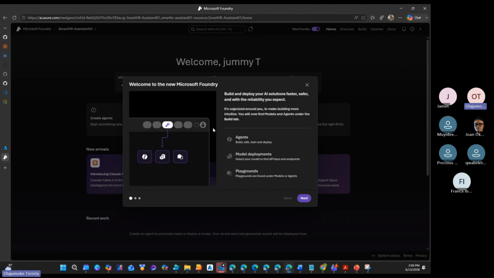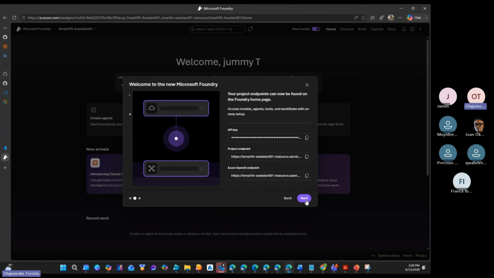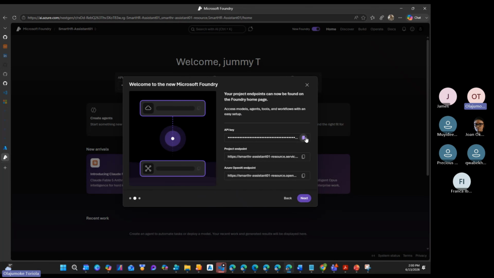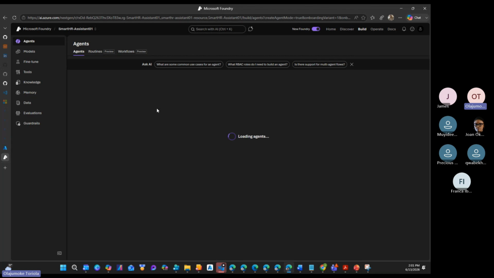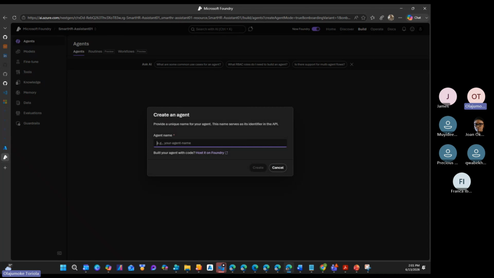So it will ask me to log in again, and then when I do, it's going to say welcome to the new experience, and I continue by saying next. So all these API keys are important because you can use them when you need to. I normally encourage people to copy them down, but if you don't copy, you will still get it. Then I click next, and I create the agent. Do you see? So that is creating your first agent. Let me cancel this.